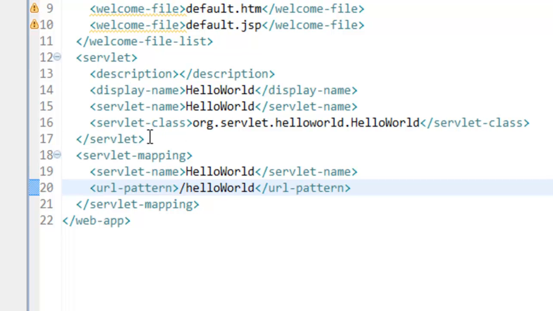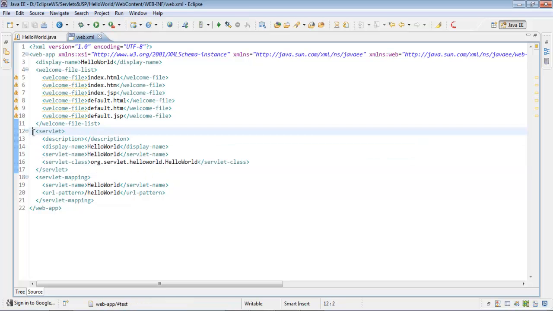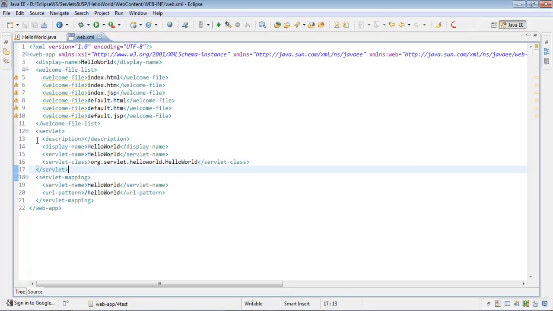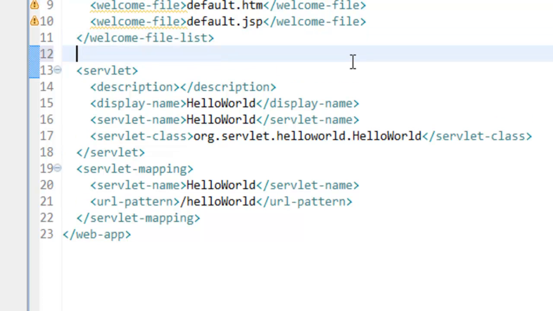If you don't use this Eclipse IDE, you have to write all these tags manually. So the main use of Eclipse IDE is that it takes care of the common work. Now let me describe these tags written by this